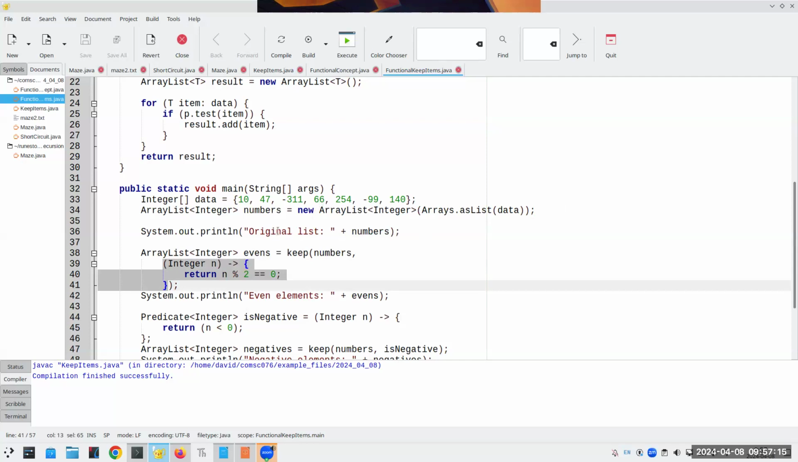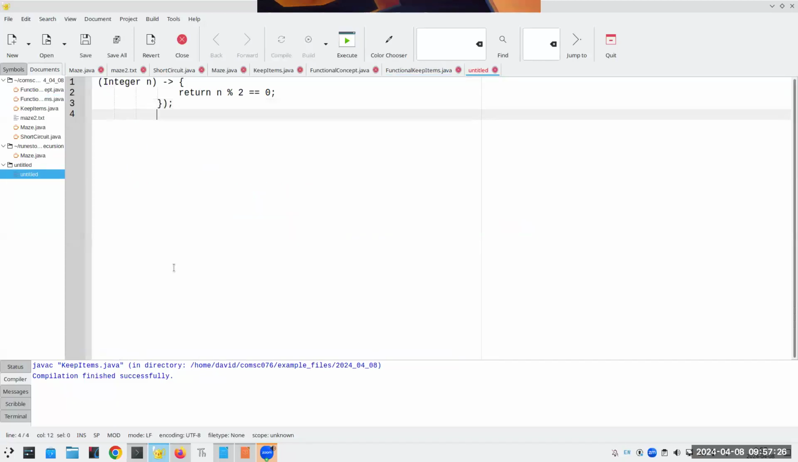My predicate, it looks a lot like a method call, doesn't it? Except instead of having the parentheses, it puts this arrow in here. If we were doing this as a totally independent method, we'd call it Boolean, let's say, is even, and we'd have an integer n, and then we'd return n mod